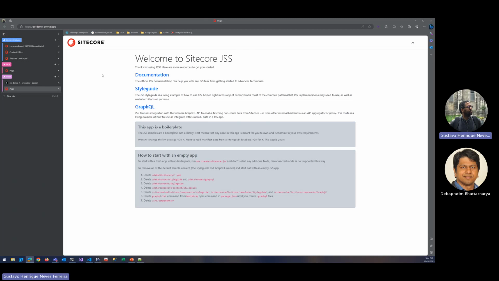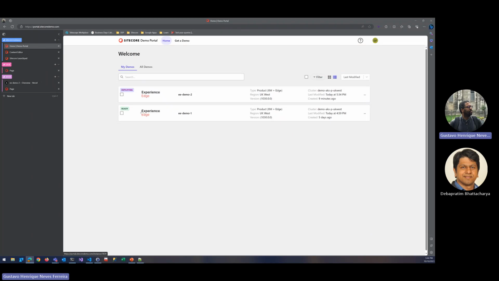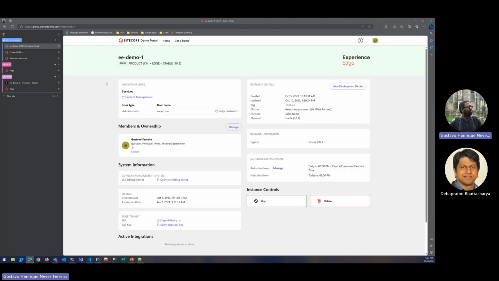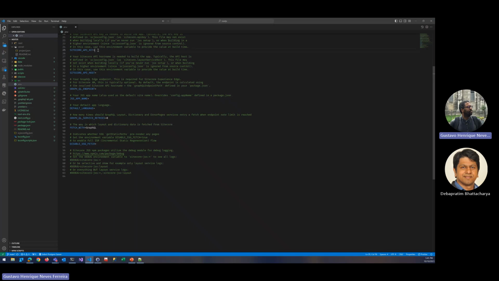So let's just do the following. We'll just navigate back to our panel of portal Sitecore, go to the instance that is already configured and connected to the front-end application, and navigate here to grab some important information. Regarding the Edge tenant, we need to take the API key. This API key will be set on our application. So just come here, paste the key,